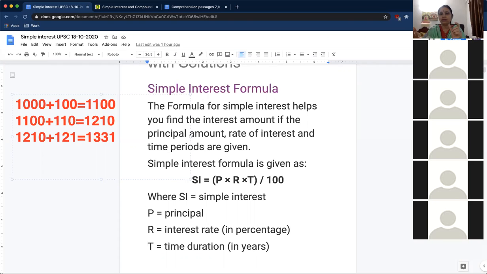Right now, because the amount was only 1,000 rupees, the difference of 31 rupees looks very small. But if you are taking your home loan for 20 years, there will be a large difference between the simple interest to be calculated and the compound interest to be calculated. So let us quickly go to the